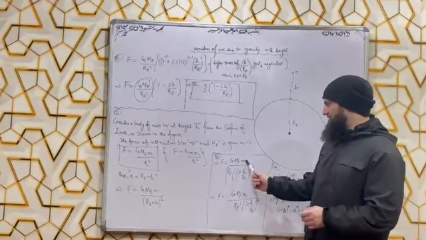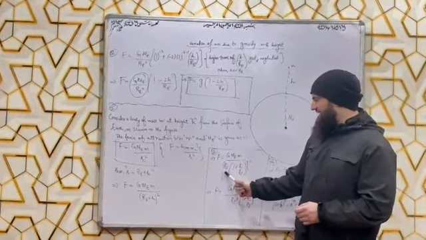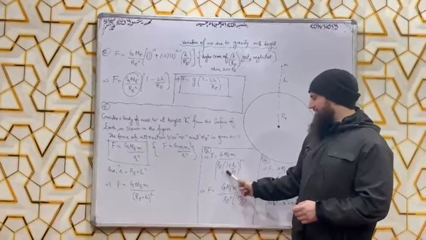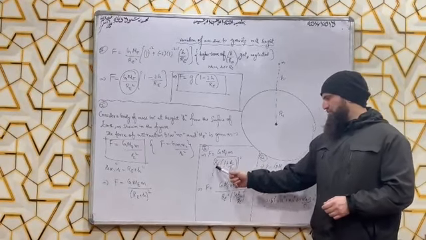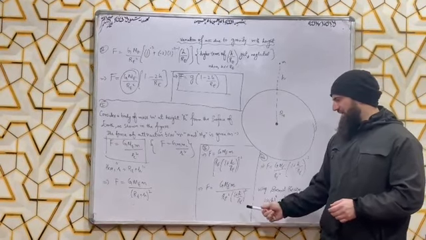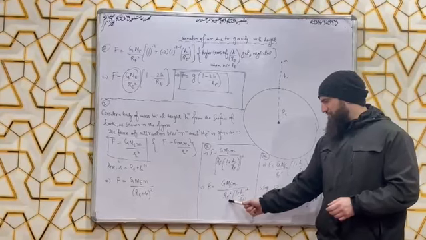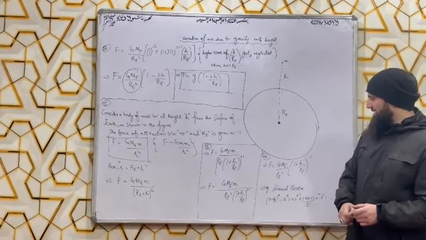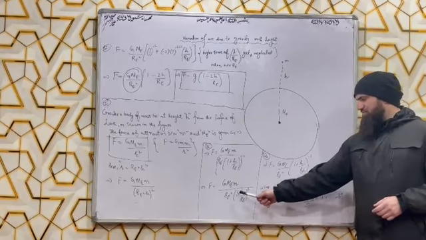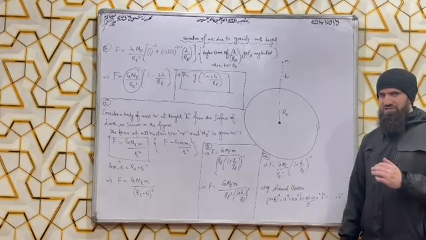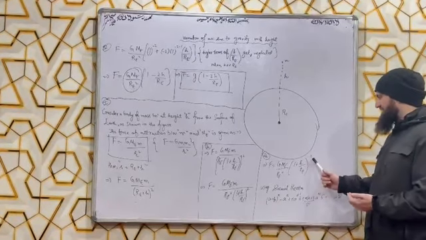Now F is equal to G M m. We can take Re as common, then inside we will have 1 plus h by Re whole square. Now squaring both Re and 1 plus h by Re, we will get G M m divided by Re square into (1 plus h by Re) whole square. Then we can have F is equal to G Me m by Re square, and this (1 plus h by Re) whole square in the denominator can be taken to the numerator